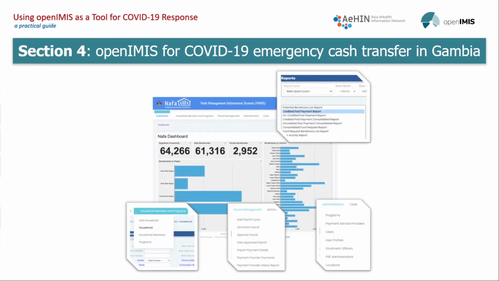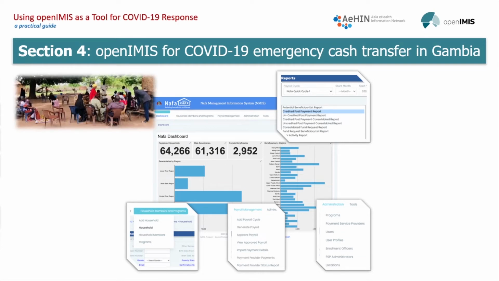Despite the short time given to develop the system, 2M Corp was able to develop the customized NAFA Quick MIS system using openIMIS modules. The program was run successfully, providing cash transfer benefits to over 78,000 households in 30 of the poorest districts in Gambia within the critical lean